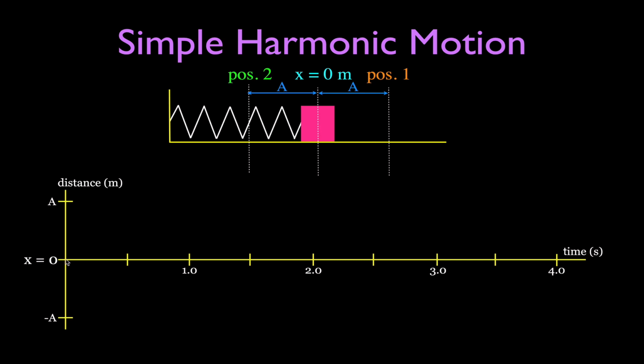And it's going to move from the equilibrium position to the amplitude, back through the equilibrium position, and then to the negative amplitude, and then back through the equilibrium position, and then out and back like this. So really you could think of the mass as oscillating back and forth along this y-axis. And then we add the dimension for time, and we're going to stretch that graph over time